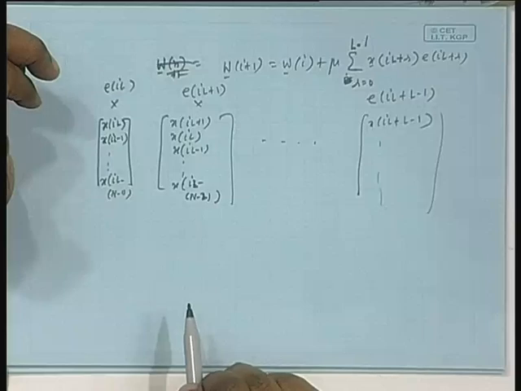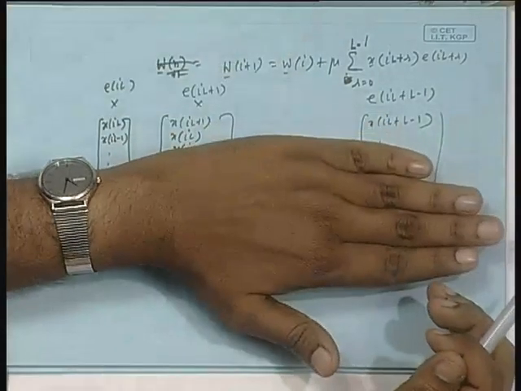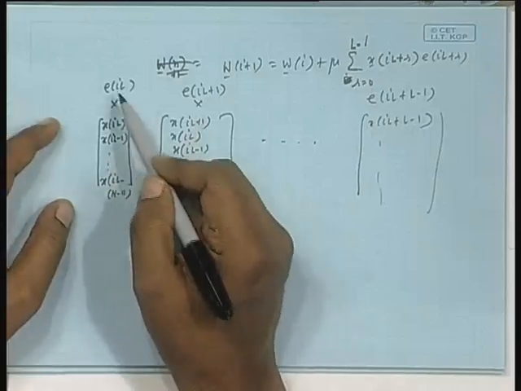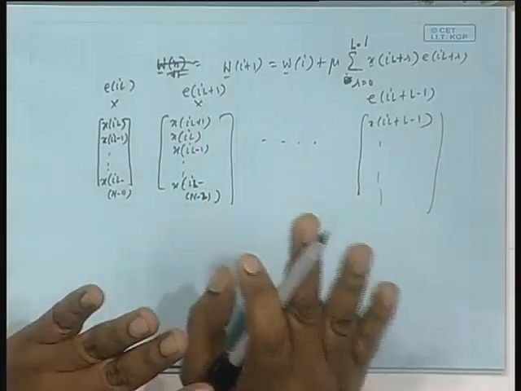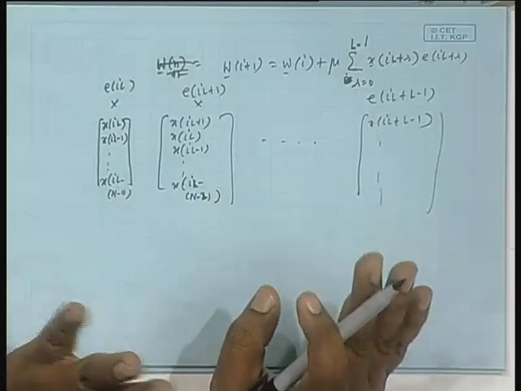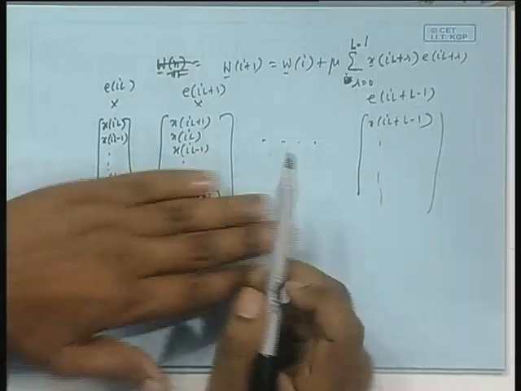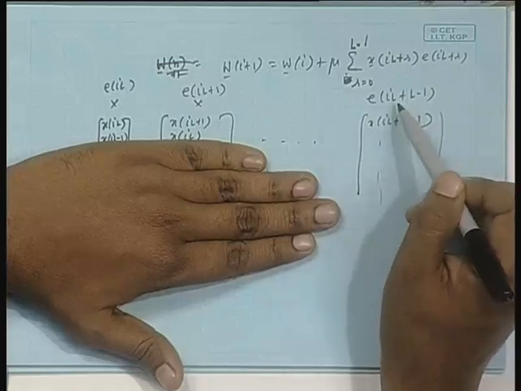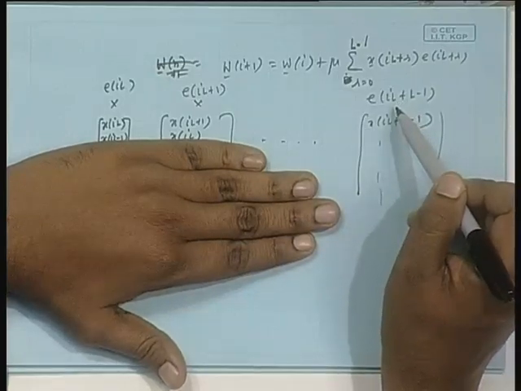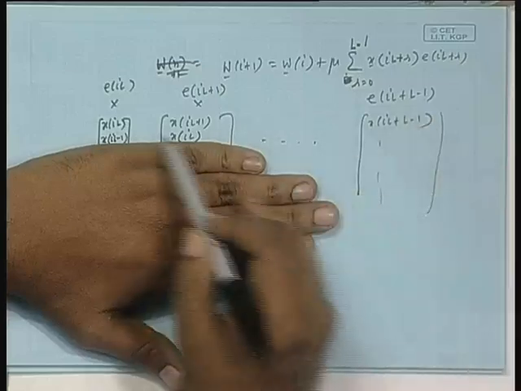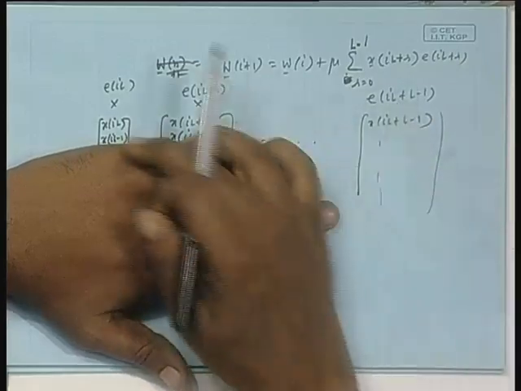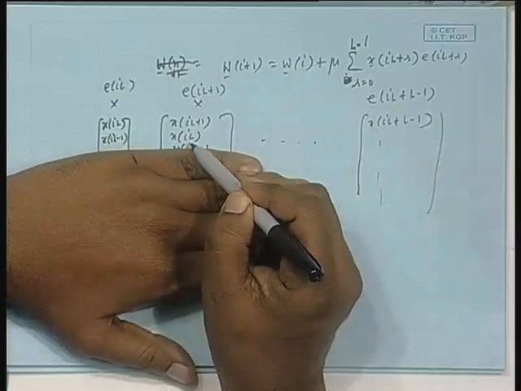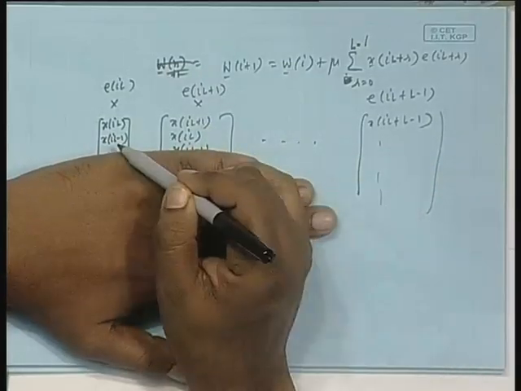See one thing, consider the first row, because after all, after multiplying you will be adding them. You will multiply this entire column by this, entire column by this, and so on and add, you will get a column vector. So, consider the first row or first element of the column. How will you get that? Just the first entries, this fellow into this fellow, this fellow into this fellow, dot dot dot, this fellow into this fellow. Next entry will be what? This sequence remains same, but this sequence gets shifted to the right by 1, you see. I L has moved here, I L plus 1 here, and I L minus 1 here.